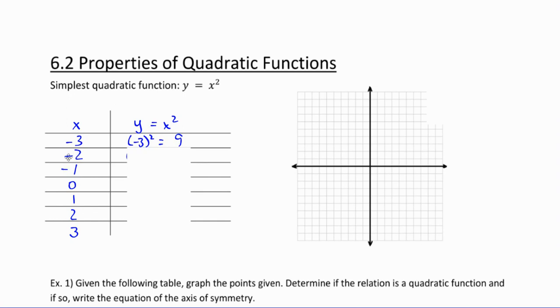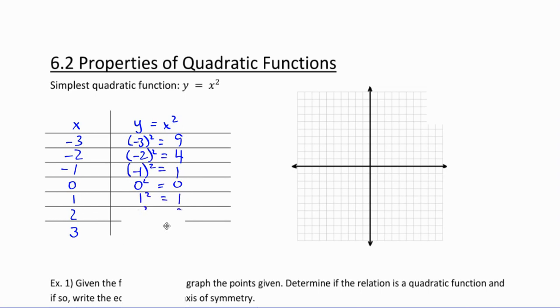Same thing if I do -2 squared: -2 times -2, I get positive 4. -1 times -1 is 1. 0 squared is 0. 1 squared is 1. 2 squared is 4. And then 3 squared is 9. Okay, so plotting these points